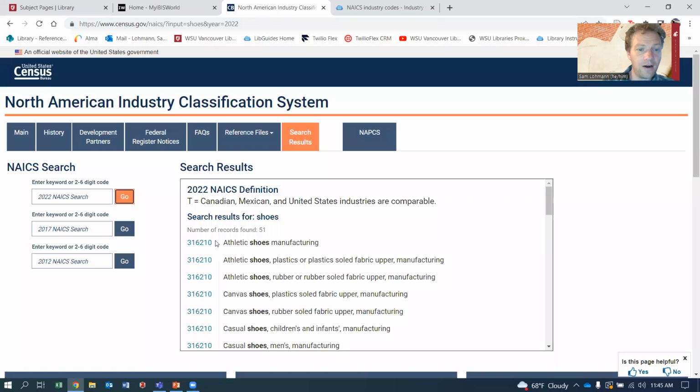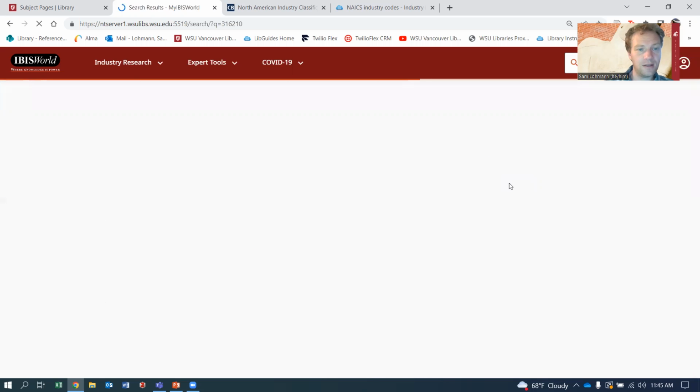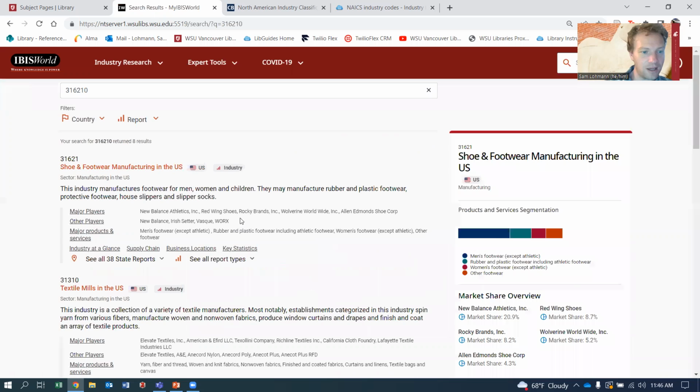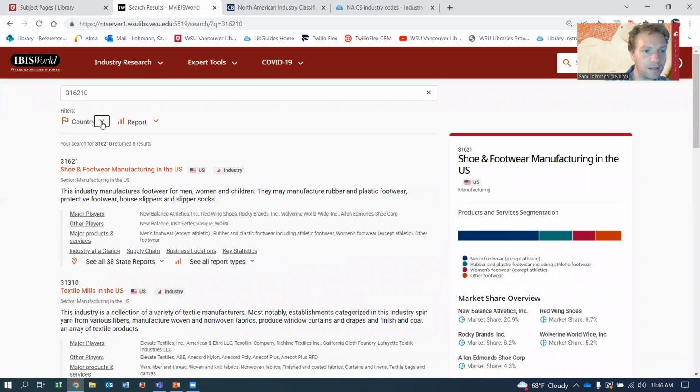Or we could look at our number for shoes and put that into IBIS World. And it's showing this one for shoe and footwear manufacturing in the US. It may also have one for global shoe and footwear manufacturing. It's giving some other options there, but in this case with this code, it's just giving us stuff in the US, but for a lot of industries, you'll also see global reports.